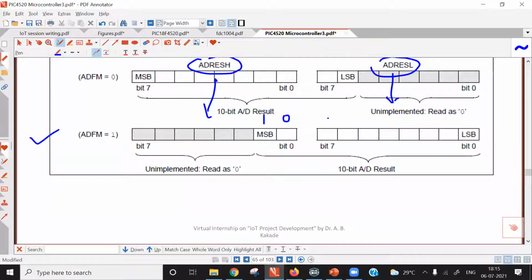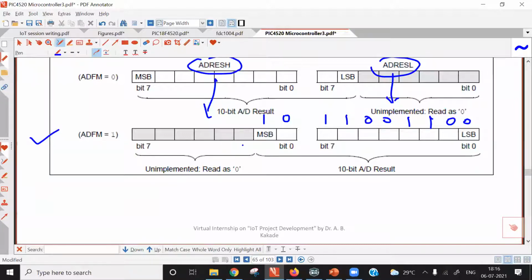And these bits are, for example, 1100, 1100. So if you read the result separately in 8 bit, then your result will be incorrect. You must combine all 10 bits together to get the entire result. If you separately read this AD result high byte register, these first 6 bits are unimplemented in right justified format, so all bits will be read as 0. So when you read this AD result high byte register, you will read a number like 0x02, but your result is something else. Understand? Your result is different.